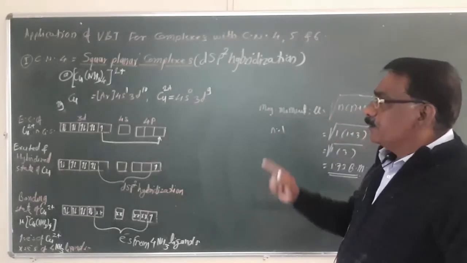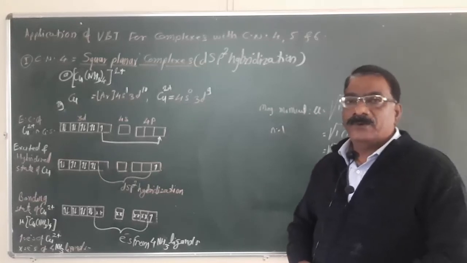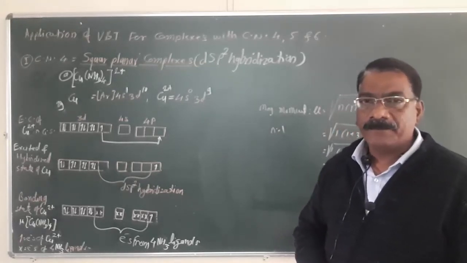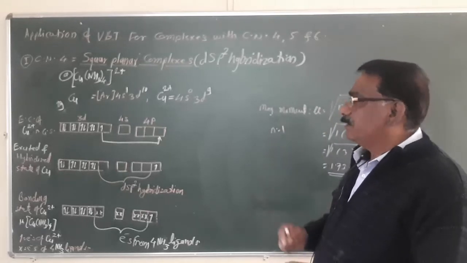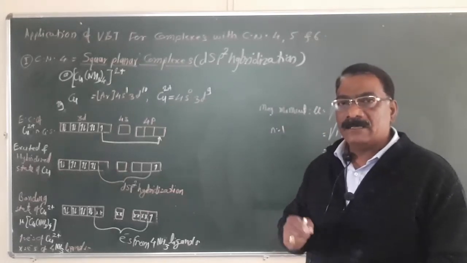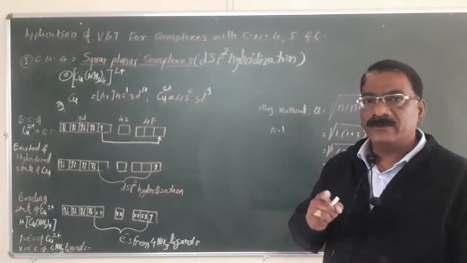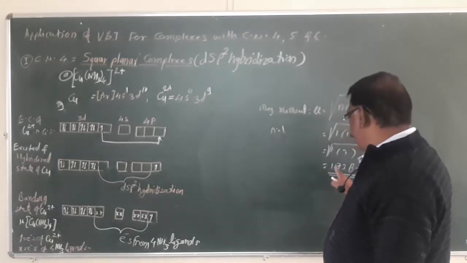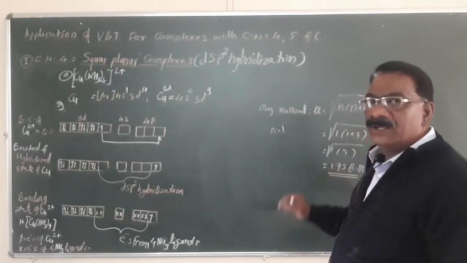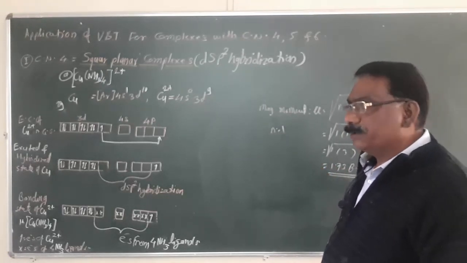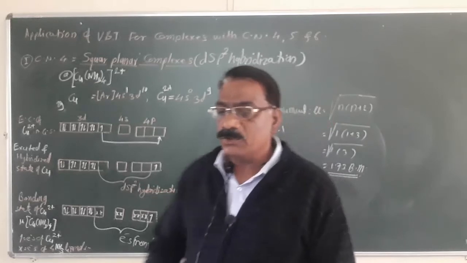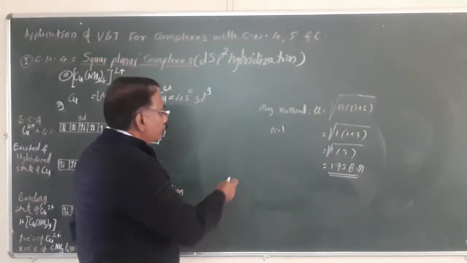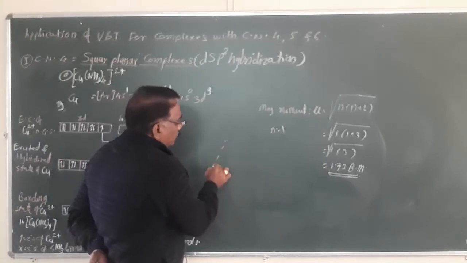Thus, Cu(NH3)4 2 plus is a square planar complex with dsp2 hybridization. It is a paramagnetic complex with 1 unpaired electron, and the magnetic moment is 1.73 Bohr magneton. When we see the structure of this complex, we know its geometry is